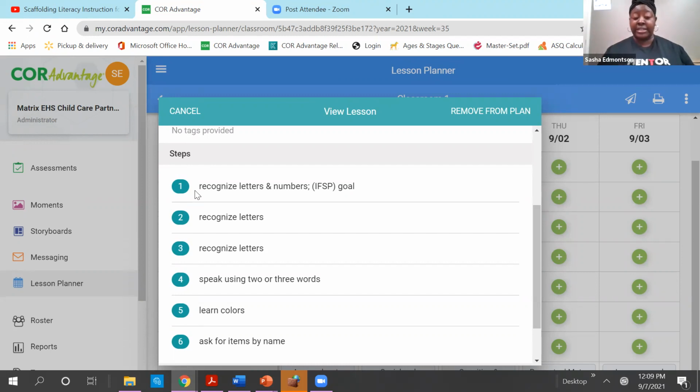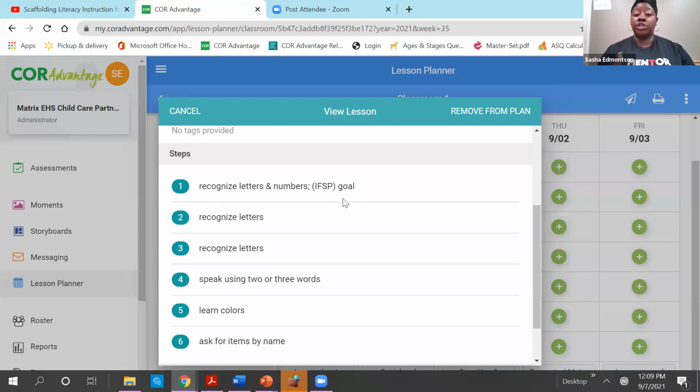So say for instance, I have a child and their number is number 1 on their individualized lesson plan. You're going to look at their goals under approaches to learning and place them at number 1. For each child that you have, up to, I believe it might be 8 children in the classroom, you're going to take each child's number from their IOP page. You're going to place it next to their name and write down or input what their individualized lesson plan goal